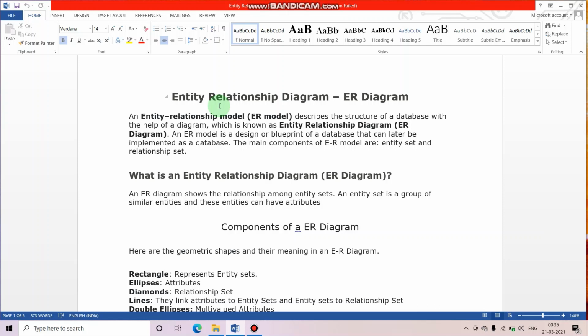of the database with the help of the diagram. You all know that the database is basically the collection of data. We can say that in the database the data is stored in the form of entities, also called relations. It is also called tables. One table is there, or you can call it entity, and we can give the name to the table. We can put the records in the table.